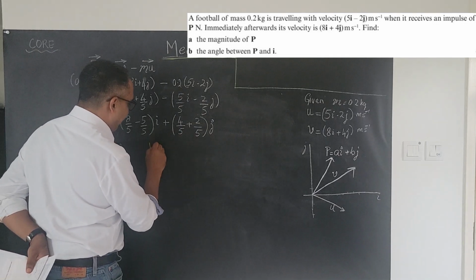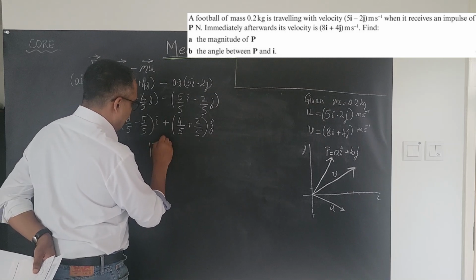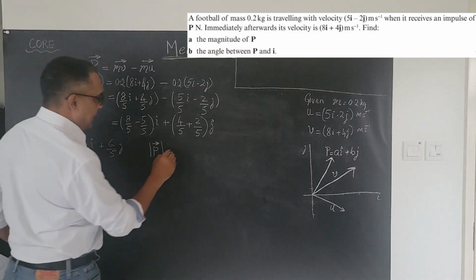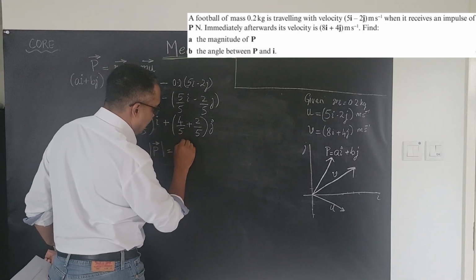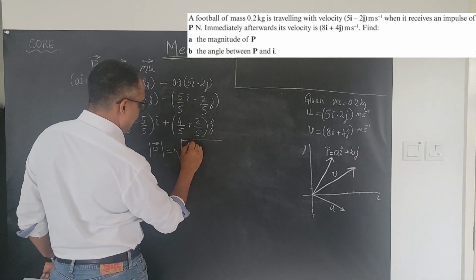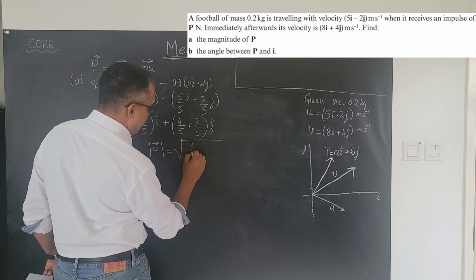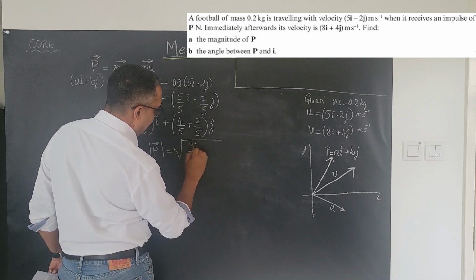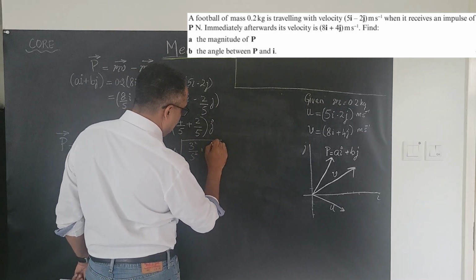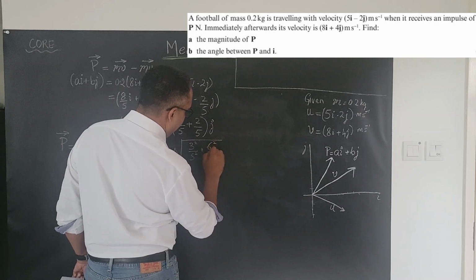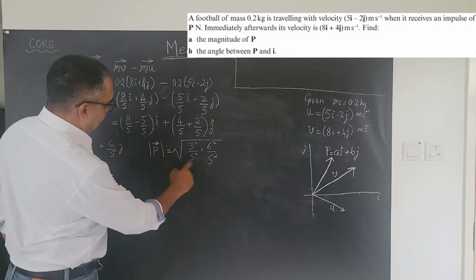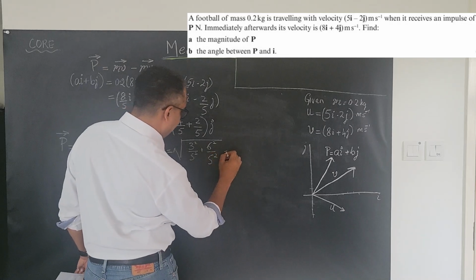Then magnitude of vector p is equal to, let's do this, square root of 3 square by 5 square plus 6 square by 5 square. Okay? Which is equal to,